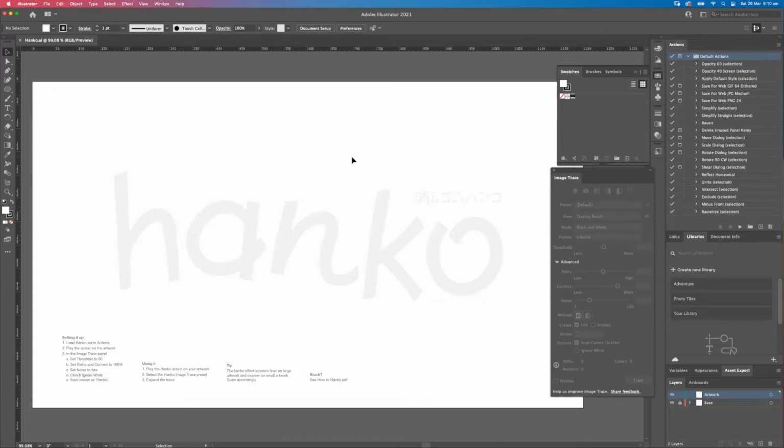Okay. So probably the easiest way to create Hanko is to copy your objects, your shapes, your artwork into this hanko.ai file, apply the action, apply the image trace preset, and then expand the artwork so you get editable vector artwork. The reason you can't just open up your existing artwork file and start applying the Hanko action to your artwork is that you need the Hanko swatch for this to